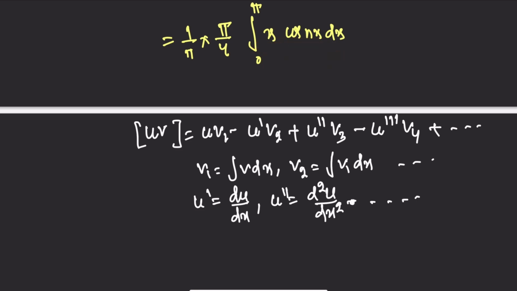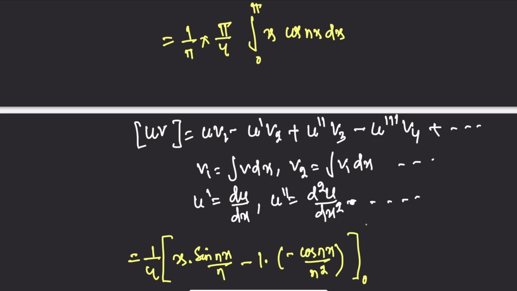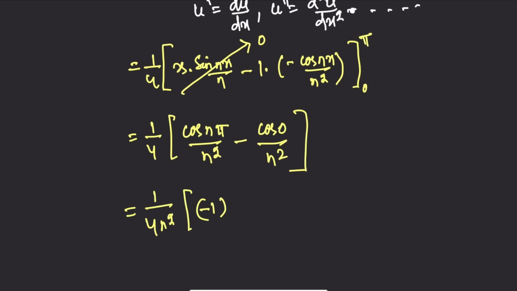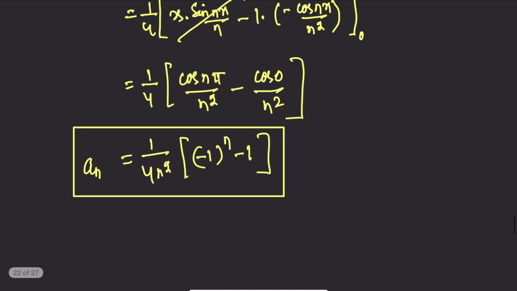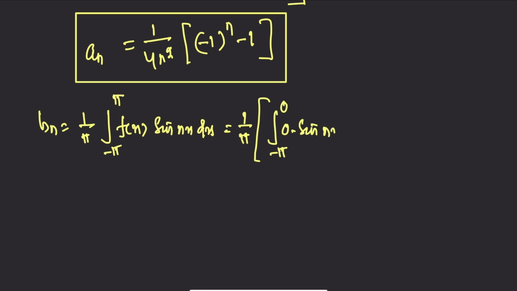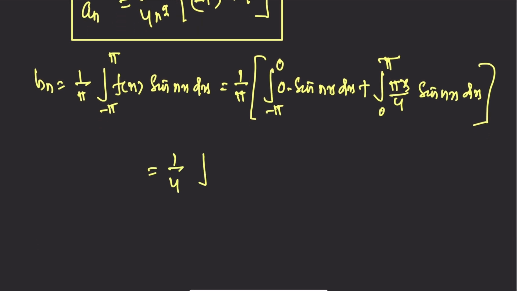Okay, so the integration becomes... Euler formula for Bn is... here use UV formula for integration and take x as u and sin nx as v. Okay,